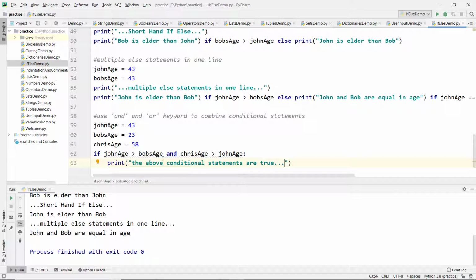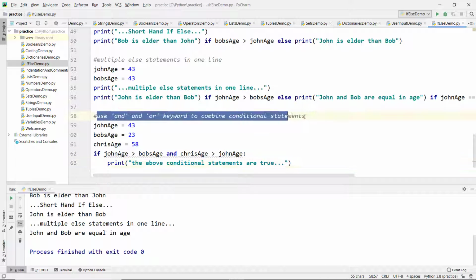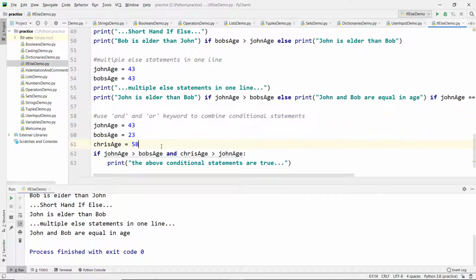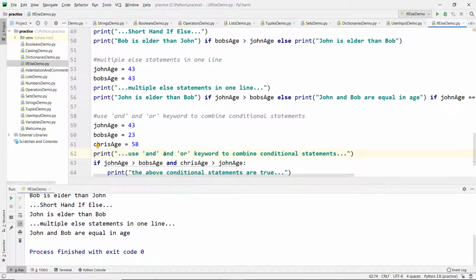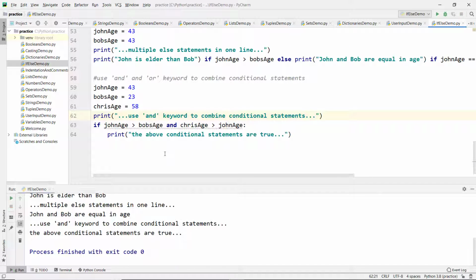If you notice here, we are using one conditional statement, John's age greater than Bob's age, and the other one, Chris's age greater than John's age, and trying to combine these two conditional statements by using the and keyword. Here 43 greater than 23, so this is true, and also 58 greater than 43, this condition is also true. Then print the above conditional statements are true. So let's save it and let me try to add this statement here. Here we are using the and keyword. Now let's run it. So we see the above conditional statements are true.